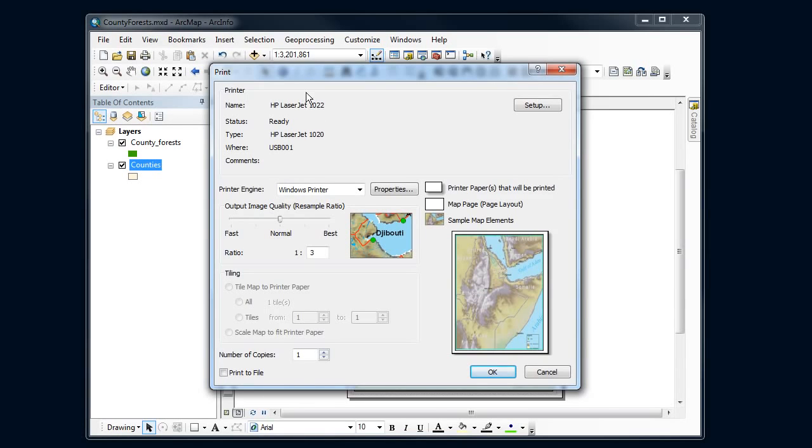I'm going to choose the color printers, and there's this image quality. I need to read more about that. I don't know if it makes any difference. So that's fairly straightforward. But what I'm going to have you do for several of your maps is make a